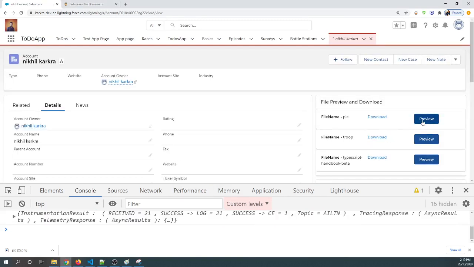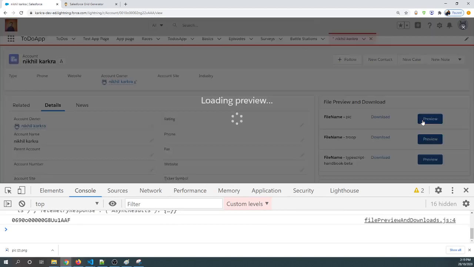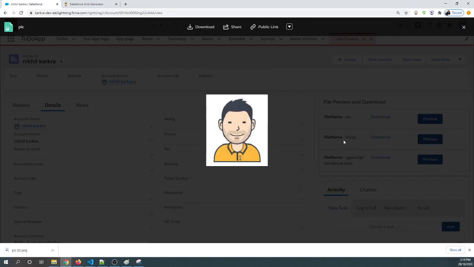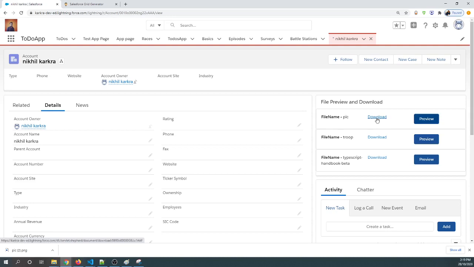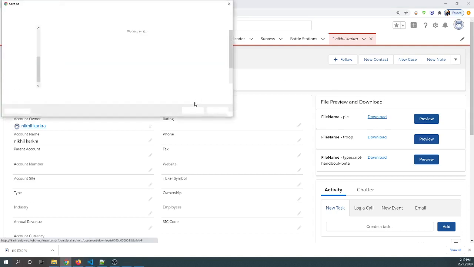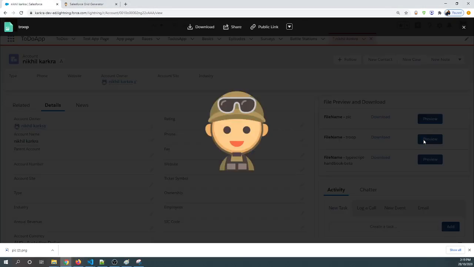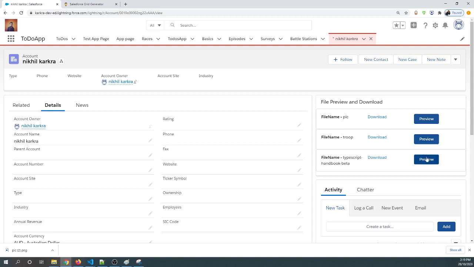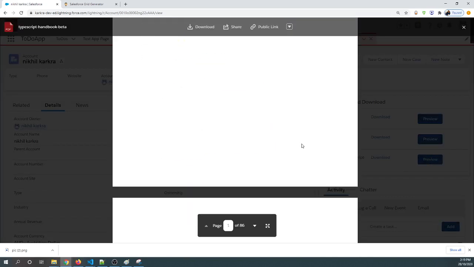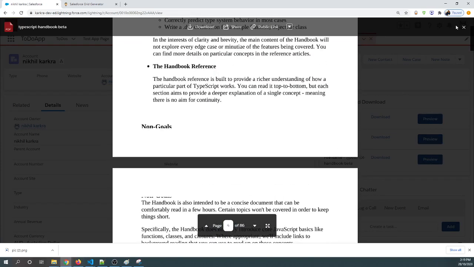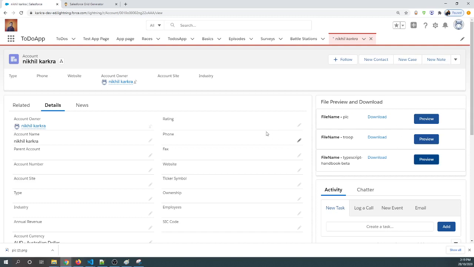And let's click on our first file preview button. Now you see it's previewing the content. You can download it from here as well, but we have given the easiest option where you want to download. You can click it here. It will ask you where you want to download, since download is still working. Now let's open the other one, that is troop, that is also working fine. And the third one is a PDF. So I showed you with the image as well as the PDF. The full big PDF is also loading, 86 pages. So this is how in LWC we preview and download the files.